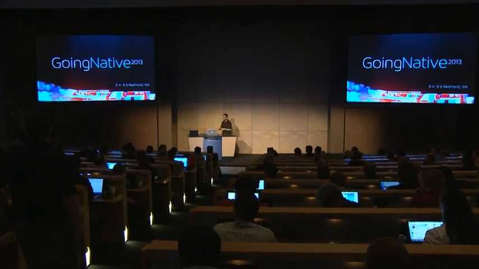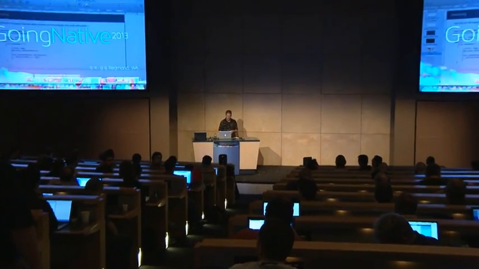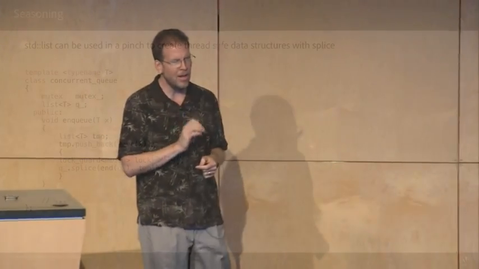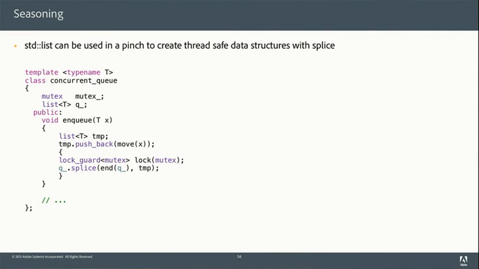On that last slide, I just had a small question. The one that had the pushback, the synchronized there. Why is it preferable to write the code that way and not to just do a pushback underneath the lock guard? Because if I do the pushback underneath the lock part, then I'm going to get a heap allocation for that node inside the lock, which is going to be a longer operation than the splice. So I'm going to be blocking for more time, right? So if I have multiple threads who are using this concurrent queue, it's going to greatly increase the amount of synchronization that I have going on.